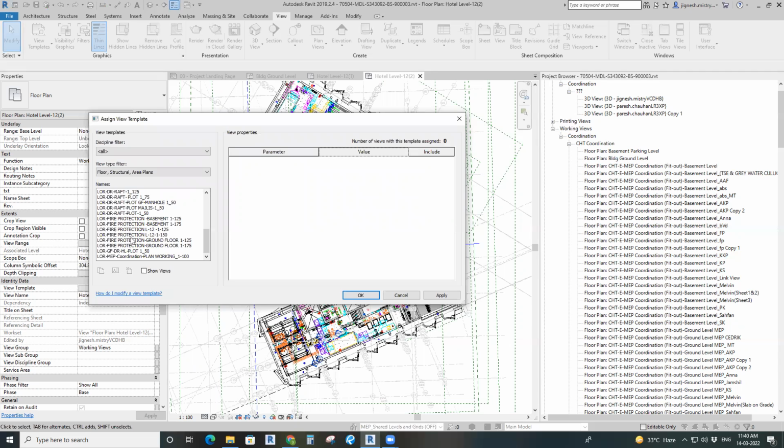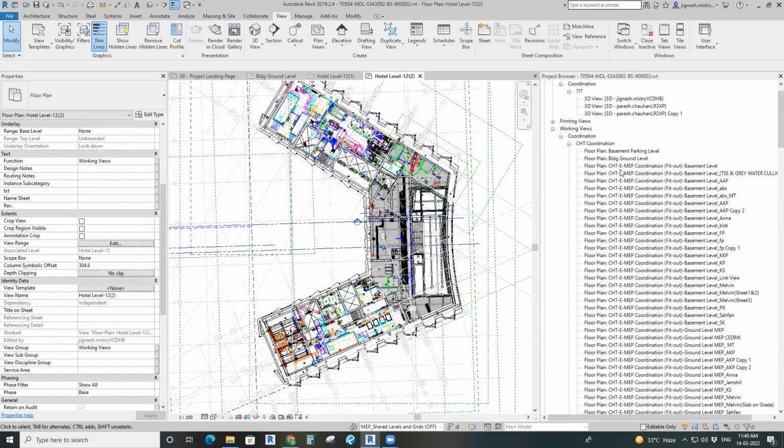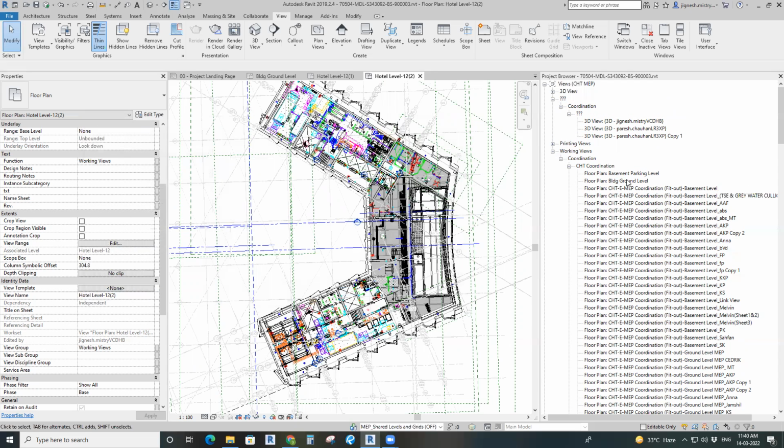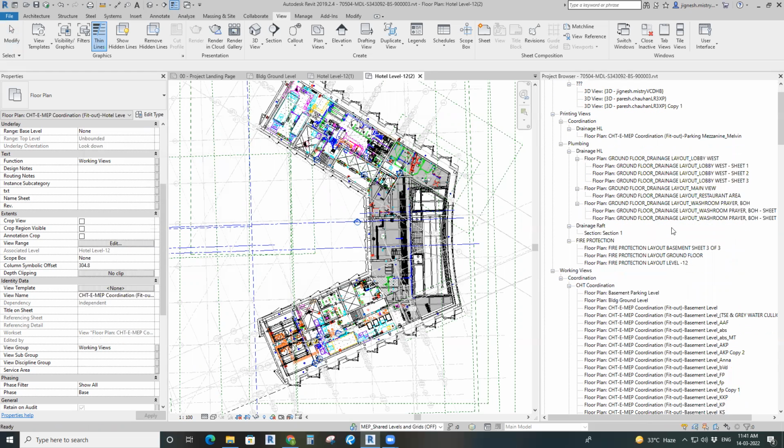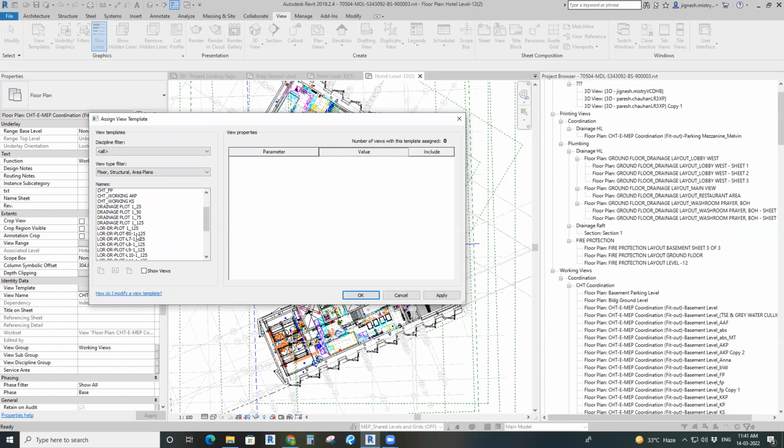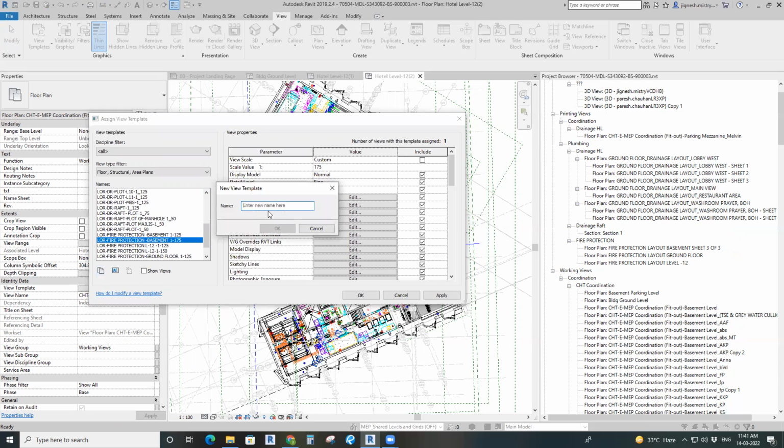If you want to see this view templates file, go to the printed view. Now this is a view template which is created in this dialog box. Okay, so now click here and create a new view template. I click here, go to the Duplicate tab and type your name, whatever you want, like plumbing, firefighting, or HVAC. I'm creating an option LOR and